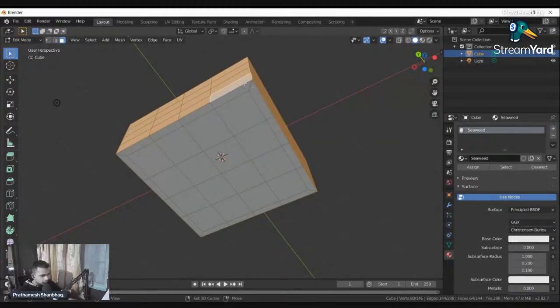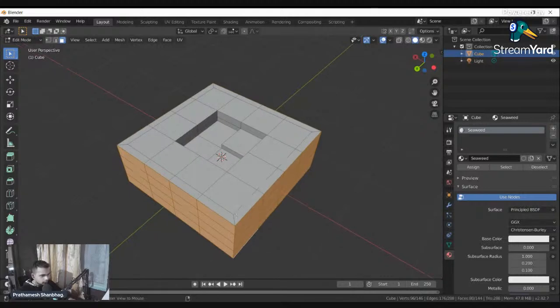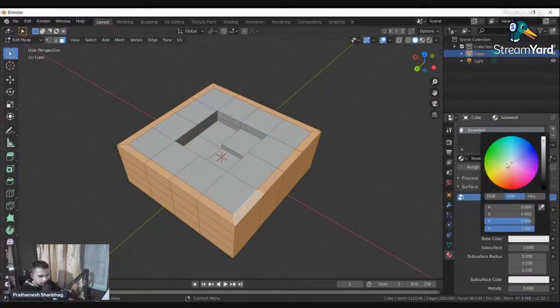I think that should be enough. Just this outer loop. Yeah, that's about it. Now we click on assign, and when we click on assign, all the selected panels have been assigned to this material. Now what we can do is change the base color.